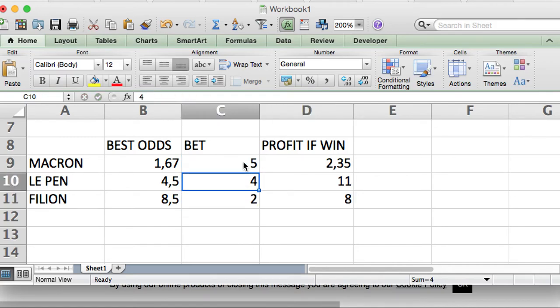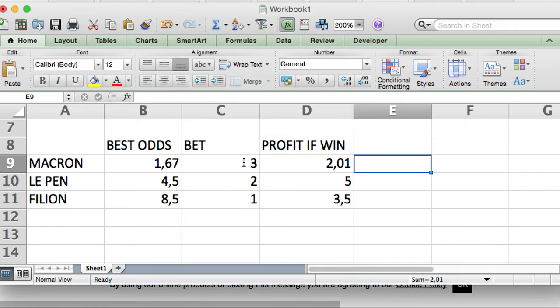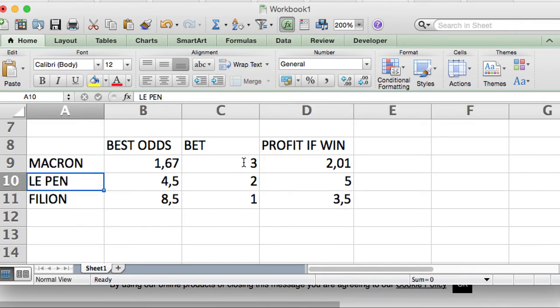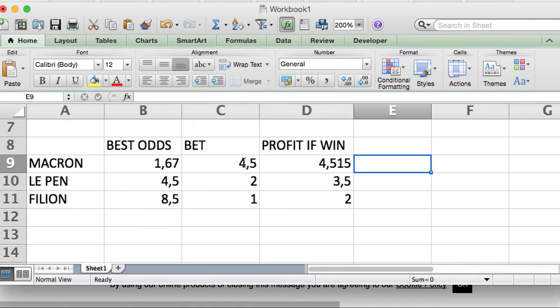Okay, let's say we want to favor Macron. This guy we want to reduce down. But let's check, that is quite a nice little payoff. So for every one you bet on Fillon, you bet 2 on Le Pen, and you bet 3 on Macron, and you should have a nice little payout, although that does favor Le Pen. So you can even go, say, 3.5. That's still favoring Le Pen. Let's go 4. That's still favoring, let's go 4.5. Okay, so 4.5 to 1. That's the ratio you want to go if you want to favor Macron.